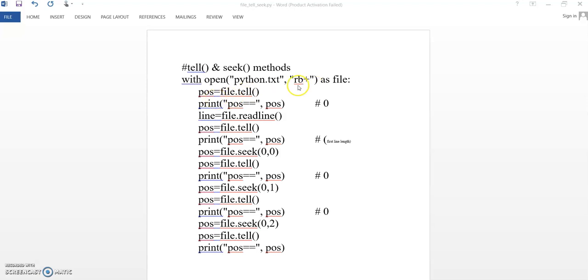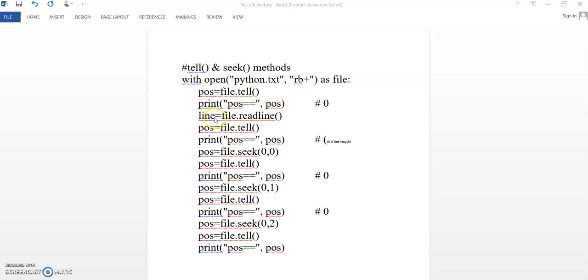When we open a file in read mode, it points at the starting of the file. So POS equals file object dot tell method, and it will return the value 0 to the POS variable. So print POS will be 0.